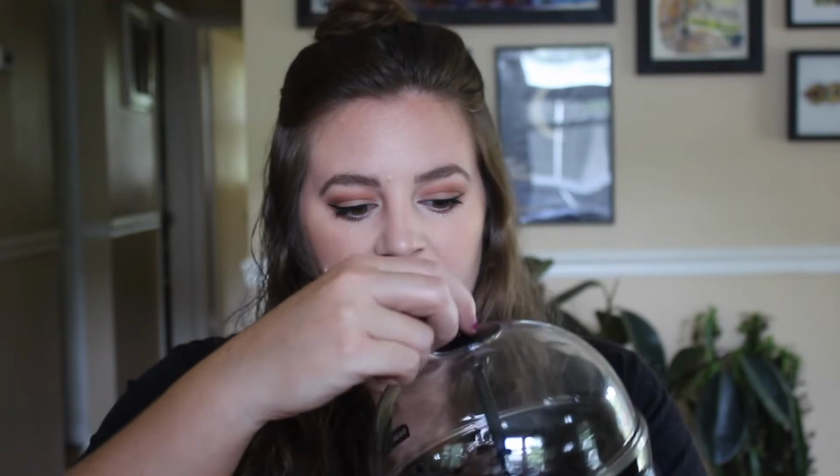Not that hard-boiled eggs are hard to make, but this is basically just a little steamer, and it has little places to put the eggs, and it steams the eggs and hard boils them. And one thing I love about this is it makes it so easy to peel. I mean, honestly, half the time when I make hard-boiled eggs and then I try to eat them,